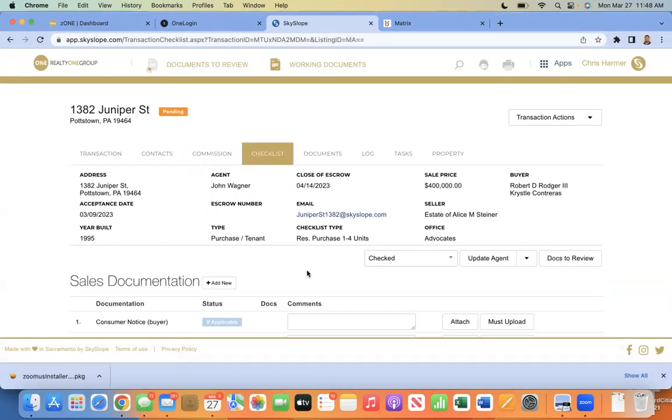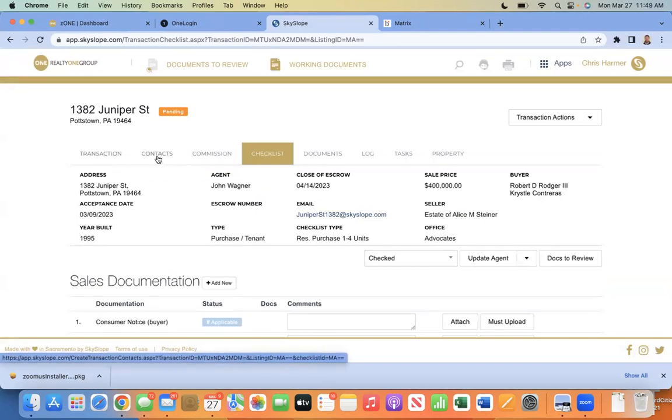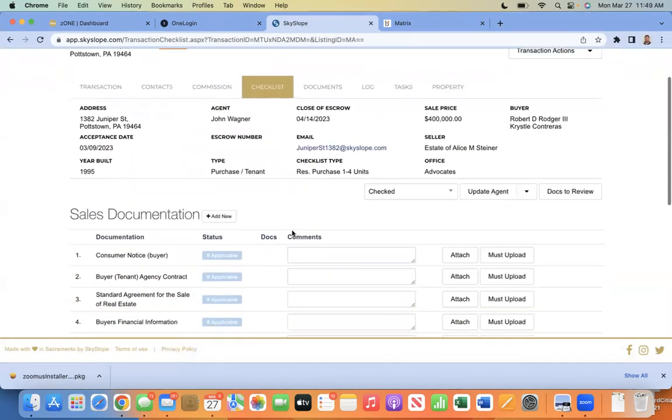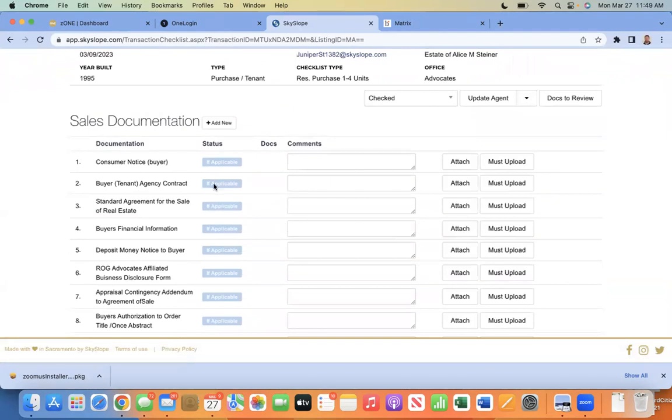Okay. So now we have 1382 Juniper in here. The transaction details is here. The contacts are here. The commission we just put in. So now we go to the checklist. And this is where you're going to be inputting your documents. So for, let's say, consumer notice,